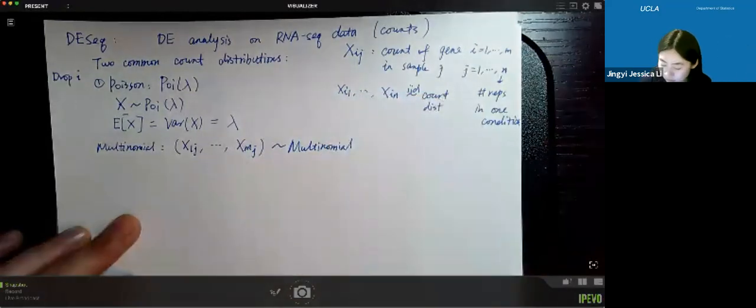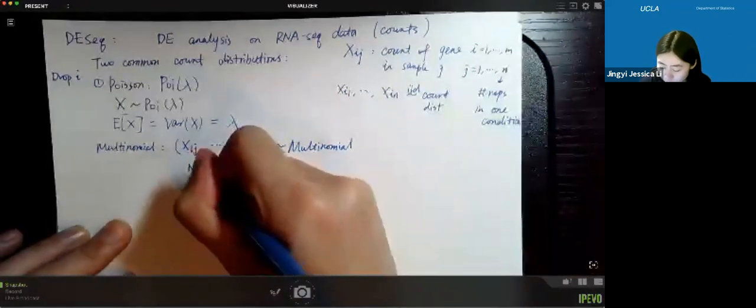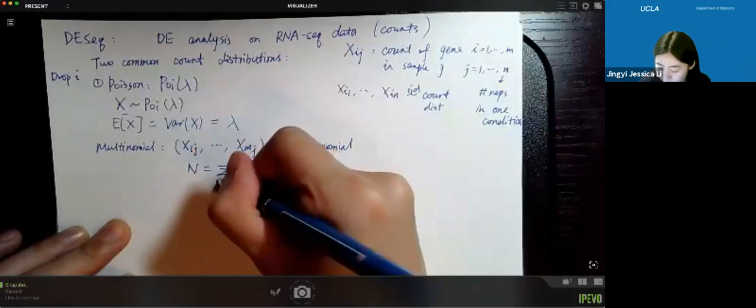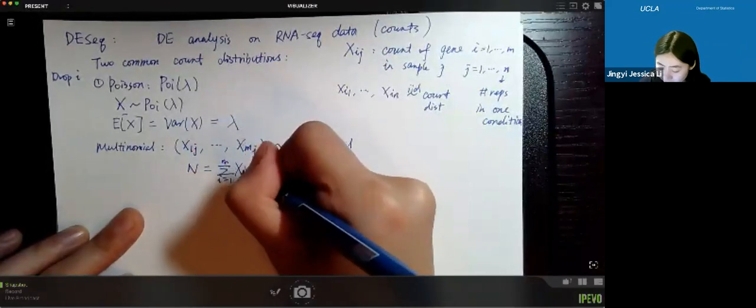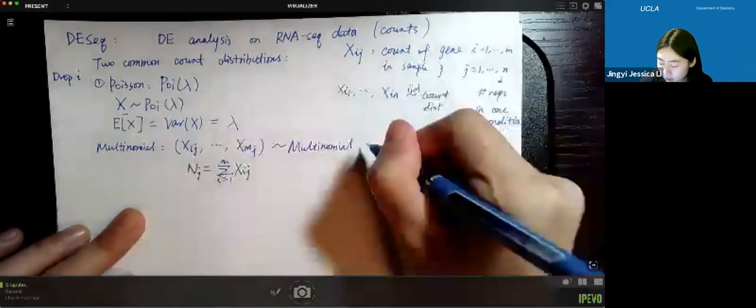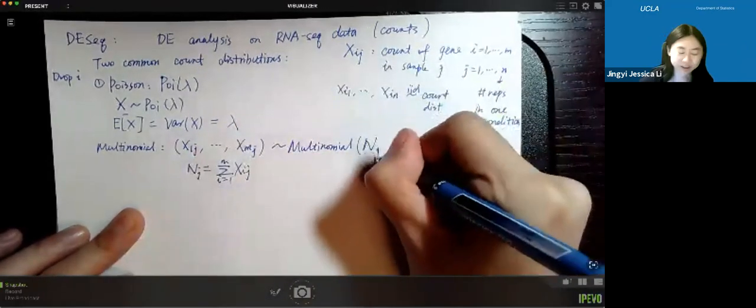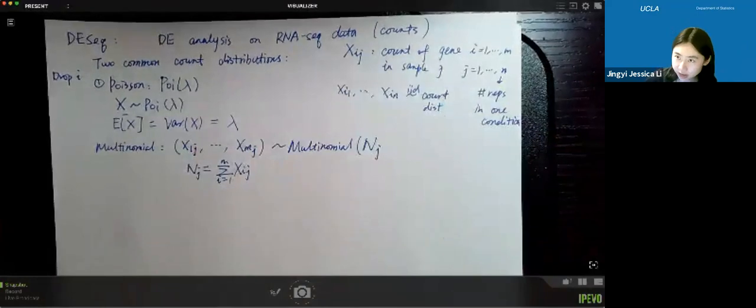I call the total capital M, the sum over i from 1 to n of xij. So I can call it the sample size, or sorry, I should say the library size or sequencing depth of sample j, as nj,